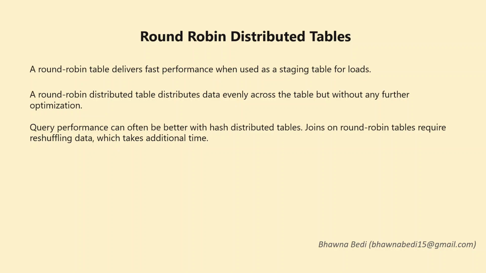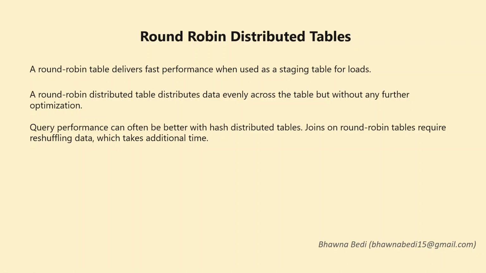And similarly, let's say you don't have a distributed column. When I talked about the hash distribution, you are supposed to give a distributed column, right, based on which hash is being done. So in case you don't have a very good column to choose as a distributed column, in that case as well you can go for round robin distribution.